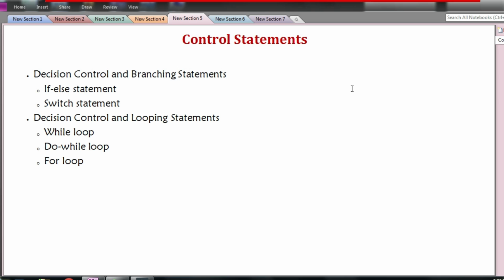So based on the truth of a particular situation or the value of a variable, I would like to decide which set of instructions to execute. Or sometimes based on a condition, I would like to skip certain statements. So these things alter the flow of execution of a program.